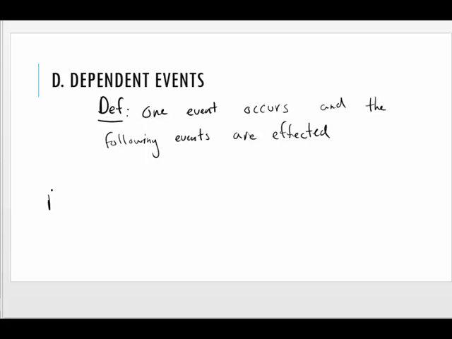That is the probability of A, then B. You pick A, pull it out, and then you pick B. They are dependent on one another. So that turns out to be the probability of A times the probability of B